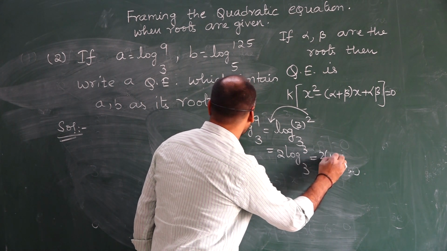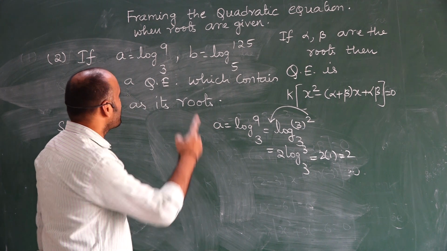Therefore, 2 into 1 is 2. I got the value of a. Coming to b,